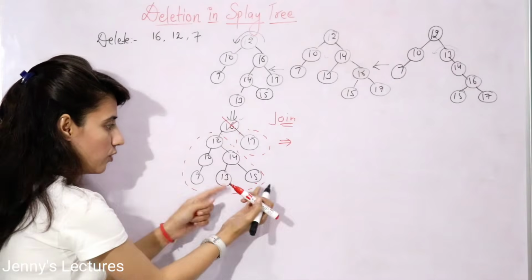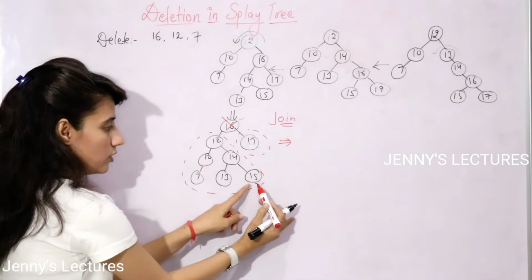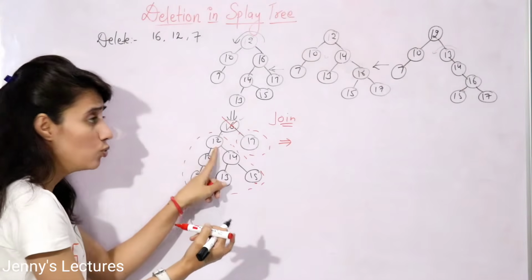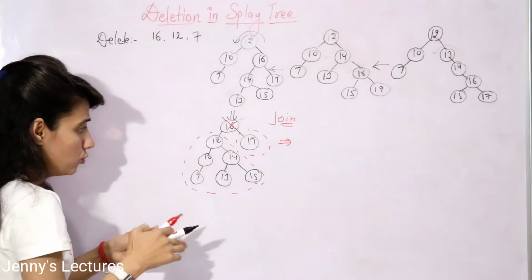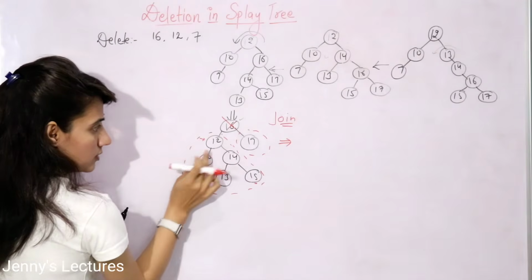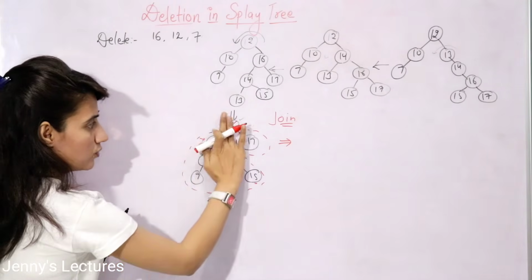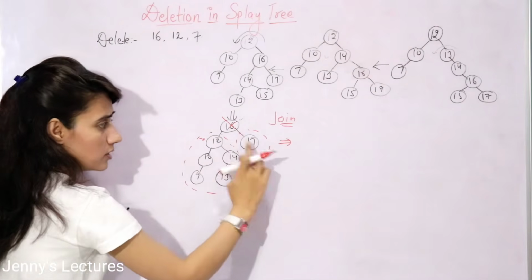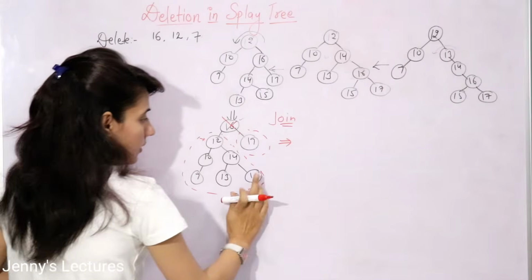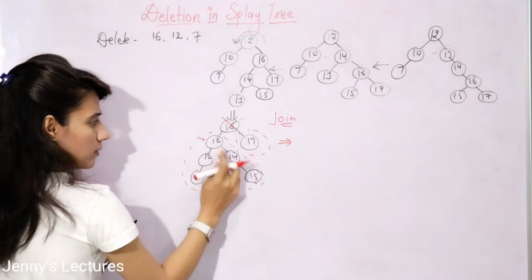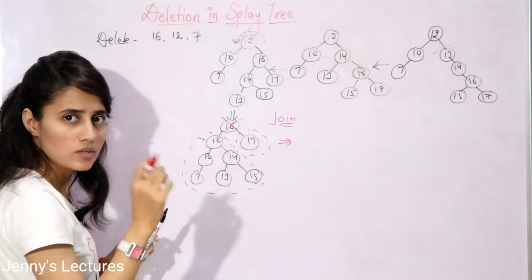Now we are going to perform splaying on this tree for this element, that is 15. It means you are going to make this 15 the root of this tree. Now how to do splaying? Check that 15 has a parent as well as a grandparent. After deletion, this is the left subtree, and the root of the left subtree is 12, the root of the right subtree is 17, right? Now 15 is to the right of 14 and 14 is to the right of its parent, meaning both are in the same direction, so it is a zig-zig situation.